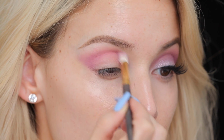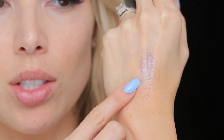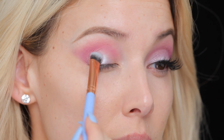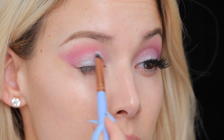Okay, so now I'm gonna be adding another shadow to the lid. This is another new Makeup Geek shadow, the color Pillow Talk. Pretty sure this is not a foiled, this is just a shimmer shadow. It has really great pigmentation to it. It's a really pretty, like purpley, lilac-y spring shade. So I'm gonna be adding that all over the lid, focusing it more on the center and then buffing it